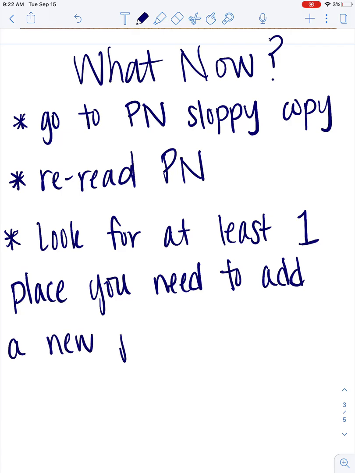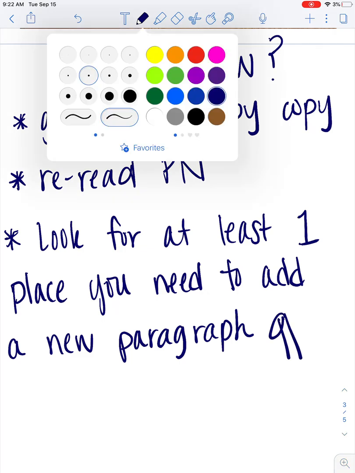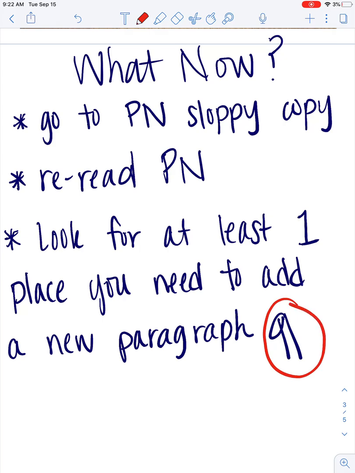a new paragraph. That doesn't mean change your writing. That doesn't mean add new writing. It just means look for a place where you would need to put this little mark to show that instead of keeping on writing in the same line, I would move my sentences down and start a new line and start a